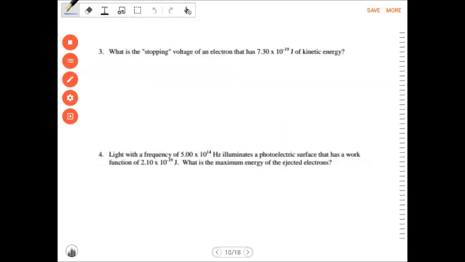All right, number 3. What is the stopping voltage of an electron that has that many joules of kinetic energy? So once we've done this thing, we've got this cell, our photons have come in, they have kicked off these electrons and they are going towards the collector. So if this electron has 7.30 times 10 to the negative 19 joules of energy, how much voltage do I need to apply in reverse to stop that electron? So this is EK max equals